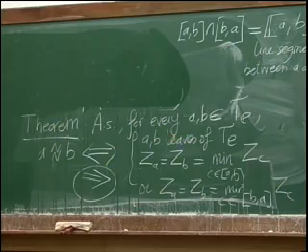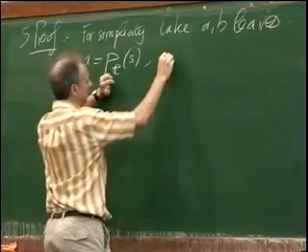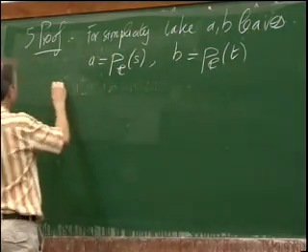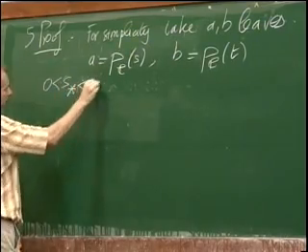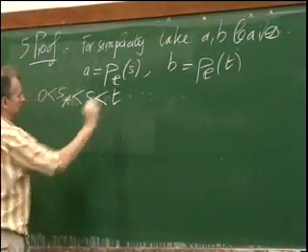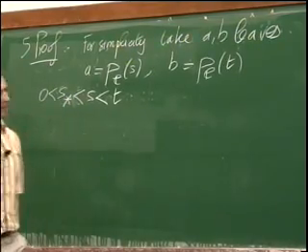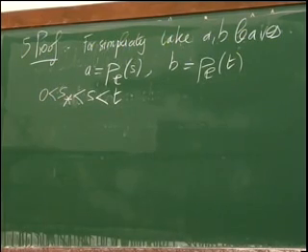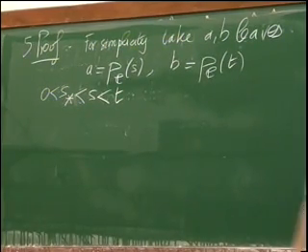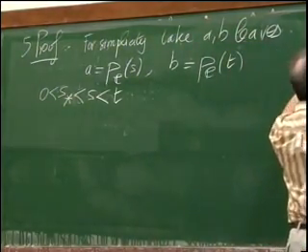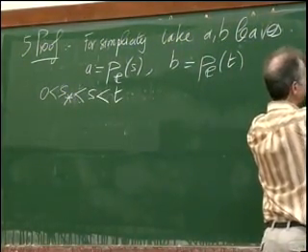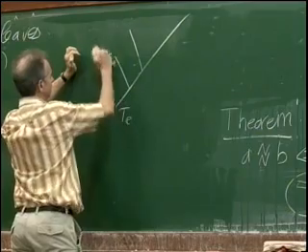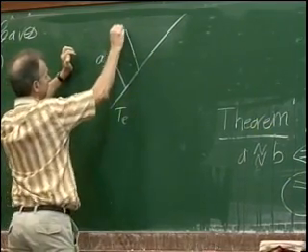So I can write in a unique way A as P of S, B as P of T. And I will assume that S is less than T, and they are both larger than S star. Remember what S star was, it's still written here. It's the time that corresponds to the minimum of Z. So essentially, we have a picture like this. We have somewhere S star here. I should write it A star. We have A here and B here.